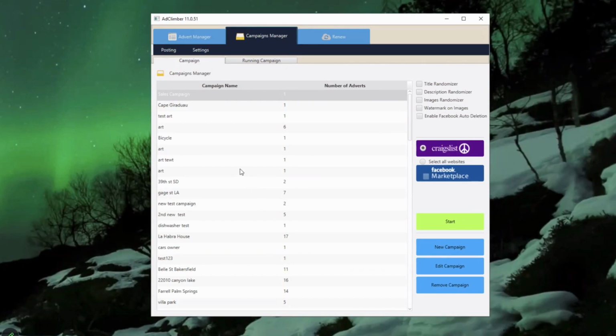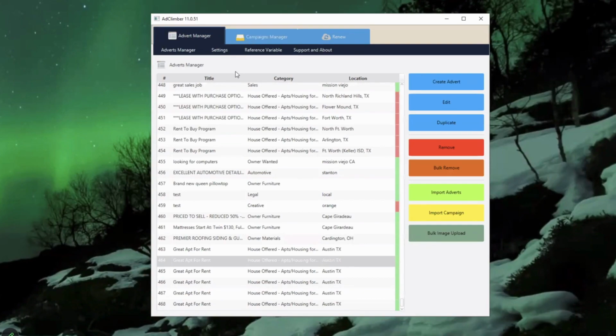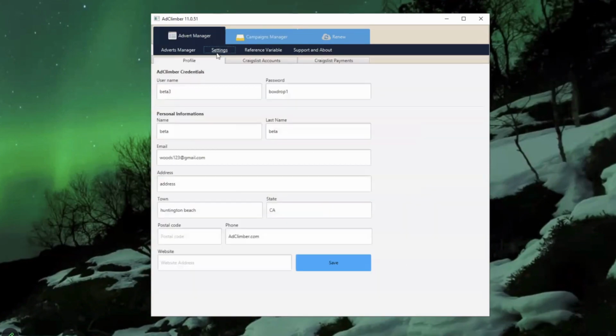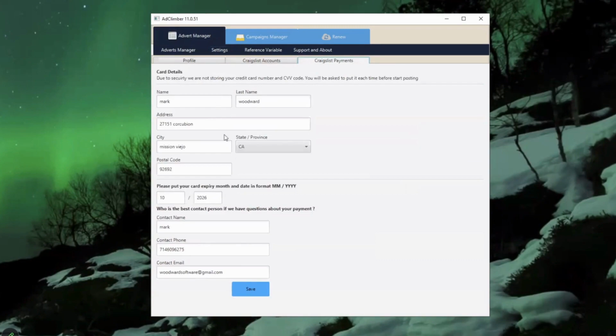now we can just add our credentials to the software. Okay. You can add your credentials under Facebook Marketplace account, under campaign manager settings, and then advert manager settings. You can add your Craigslist accounts, as many as you want on this side to work through. Got it. Even your Craigslist payment card options if you want to run automatic paid postings with Craigslist. Right. So maybe you want to jump into another area and run an ad for something that you're doing